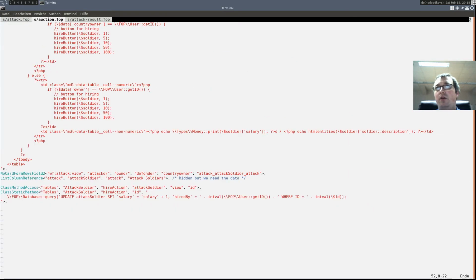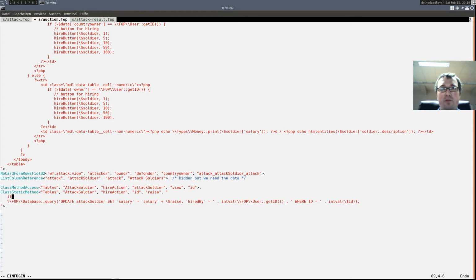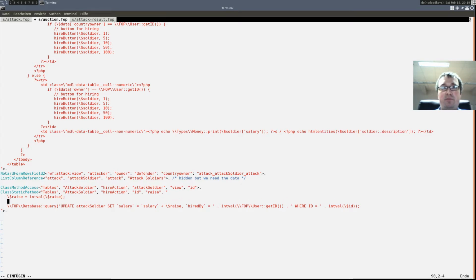Also our hire action, where do we have it? Here. We add our parameter raise plus raise and intval raise, just some security check so that users don't abuse our system.